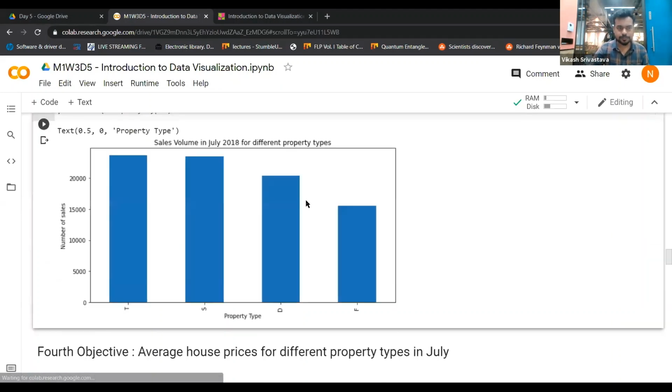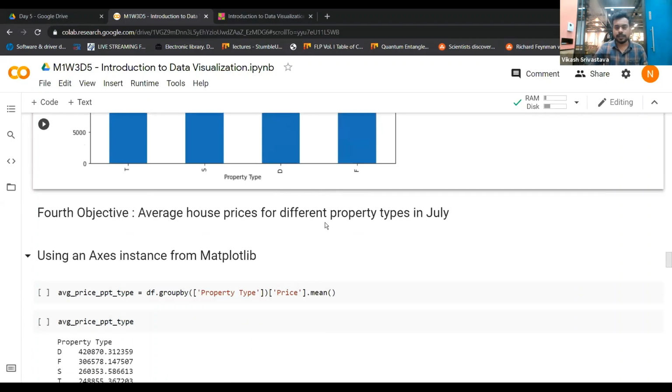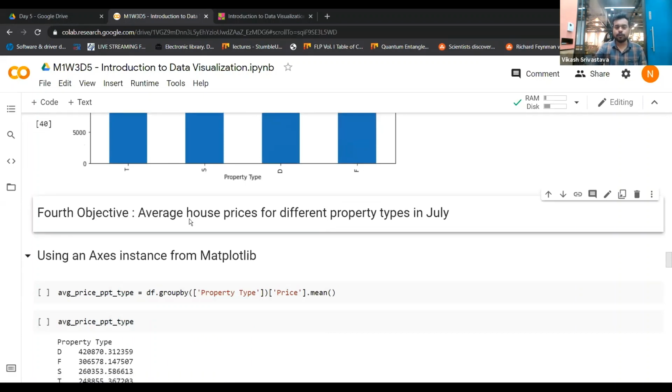So now as you can see, the highest sales was recorded in the month of July for terraced properties. Then almost equal number of sales were registered for semi-detached. Then detached, and the lowest were recorded for flats. Okay. So now what we want to do, we want to find out the average house prices for different property